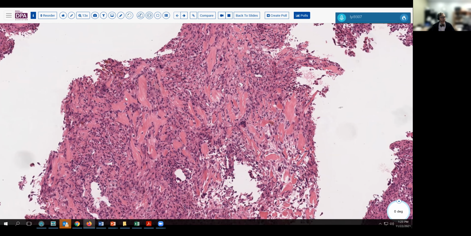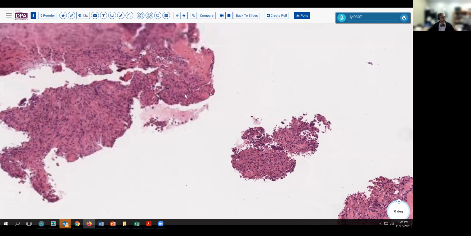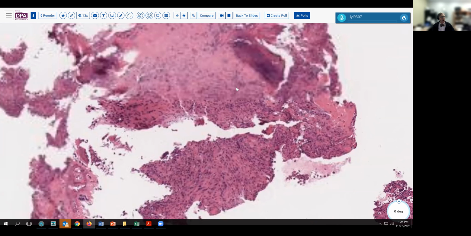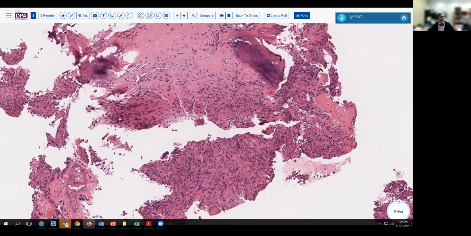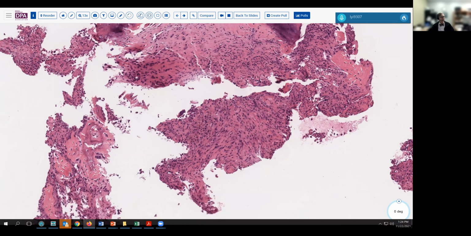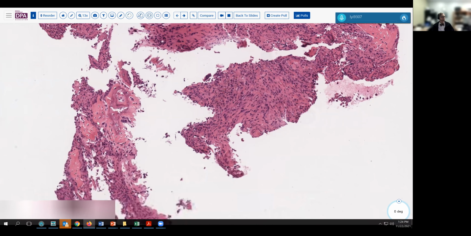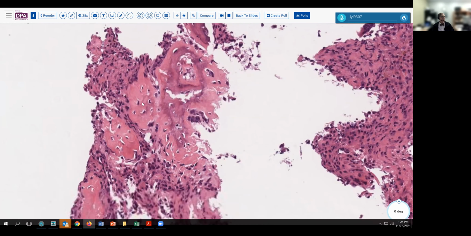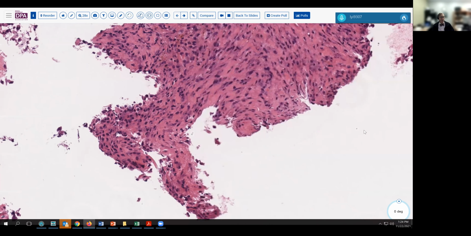We can see some other areas over here, I believe in this fragment, where we've got more mature type fragments of bone, along with this very cellular stromal tissue. So here we see sort of a gradation into this bony tissue here and a paucicellular cuff here with kind of a reactive bone appearance. Now, as we look into the lacunae in these osteoid areas, the bone is not particularly atypical. These cells are a little bit on the hyperchromatic side, but not something beyond the realm of possibility for benign